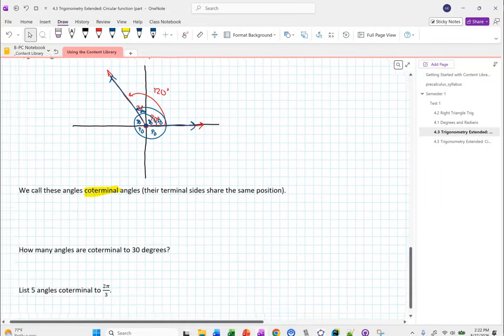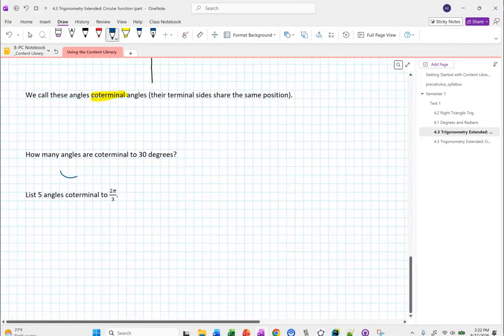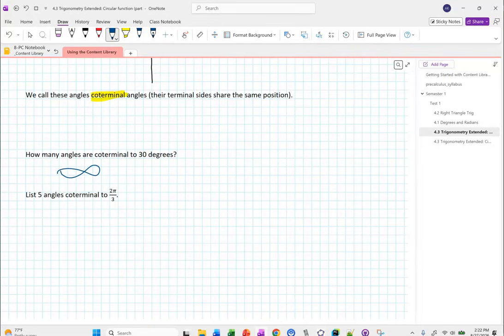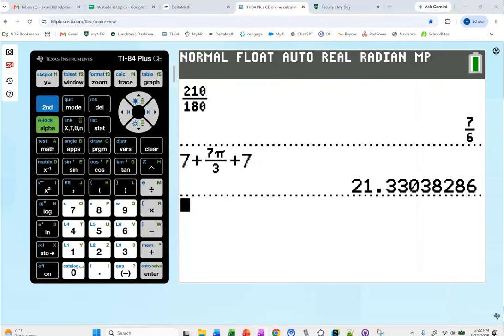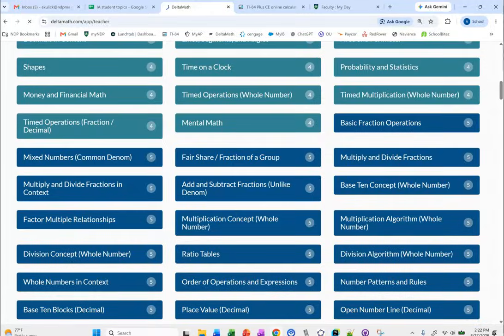Okay. Infinitely many. Right. That was our answer. We're going to stop here. I don't want to deal with radians yet today. This is a good place to stop. We're going to do the classwork for 4.3, but I want to show you on the Delta Math how to use the Delta Math to do it. Because what we're going to be doing on that Delta Math is